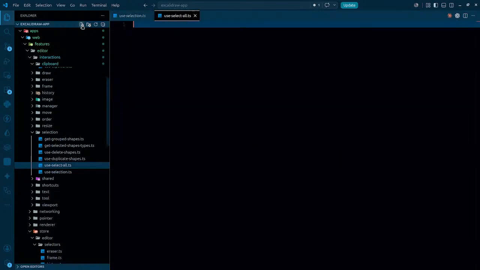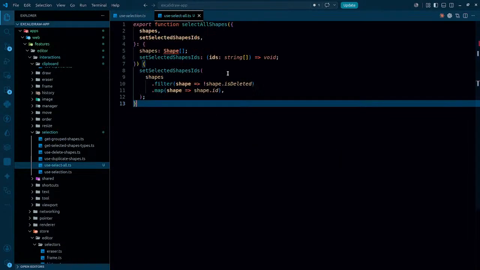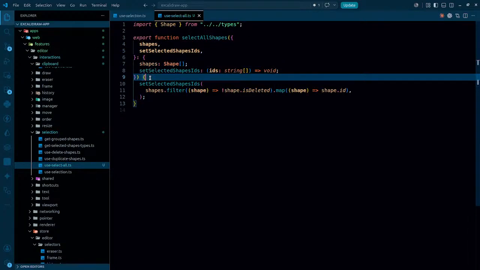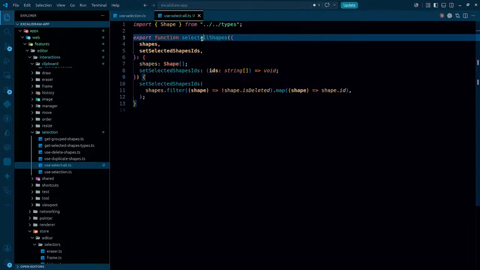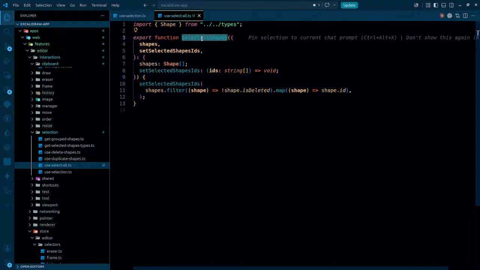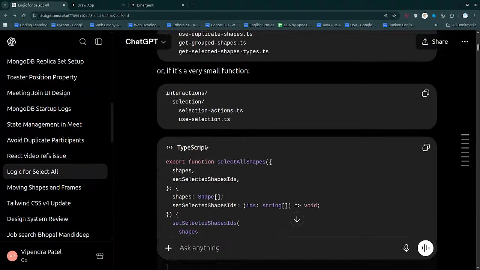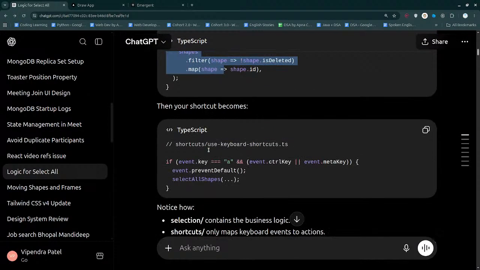Use select all.ts. Let's just simply paste the code right in here, but this is not enough because in select all we are having to pass it all. That's not good. It should actually be a hook that just simply gets the job done, and select all, everything should be selected, that is right. So I don't want this. Rather,